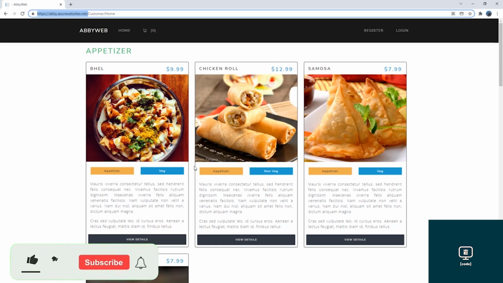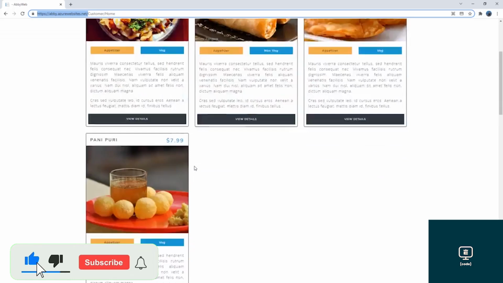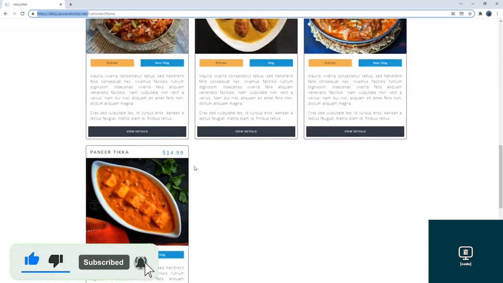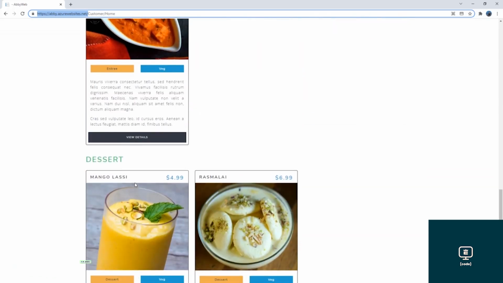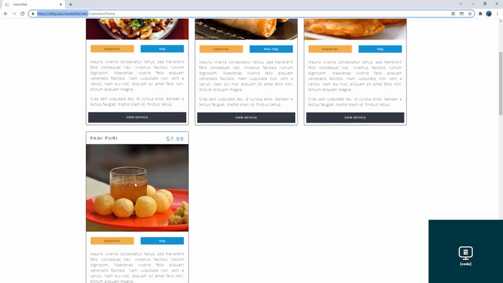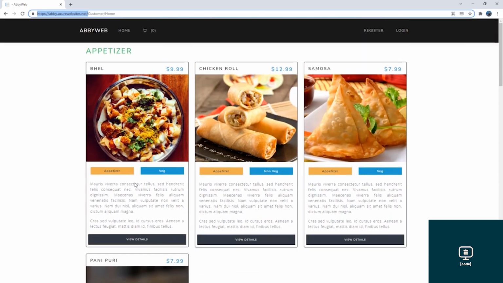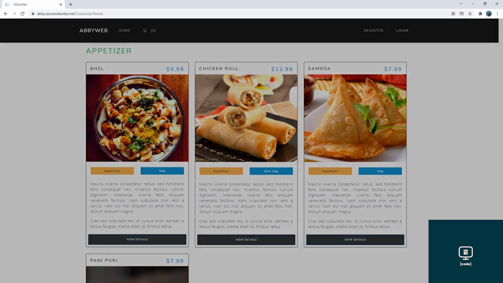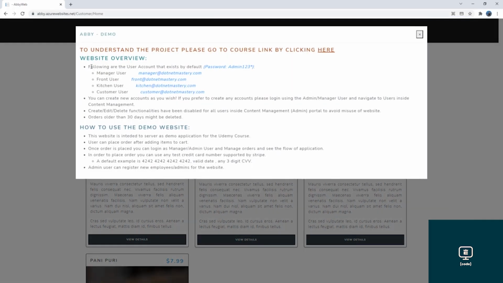This is an application for a restaurant where they have all the menu items in appetizer, entree, and dessert. So a user can browse through that on the home page and they can add items to the shopping cart to place an order. If you click on the info icon here, I display all of the different roles that we have,